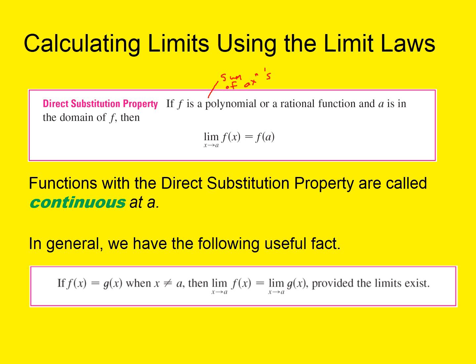In general, we have the following useful fact. If f of x equals g of x when x is not equal to a, then the limit as x approaches a of f of x equals the limit as x goes to a of g of x, provided the limits exist. And we'll continue talking about continuity